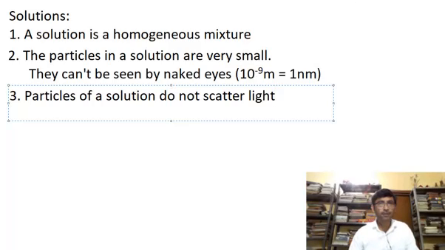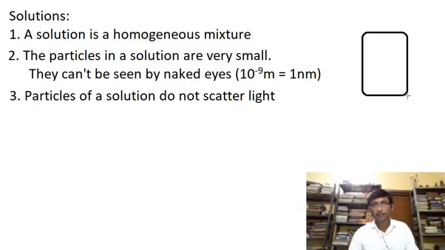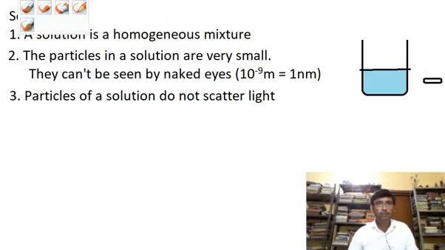Suppose we have a solution, a container having a solution that is a homogeneous mixture of two or more particles like this, and we have a flashlight, a torch, which we are going to use to put some light